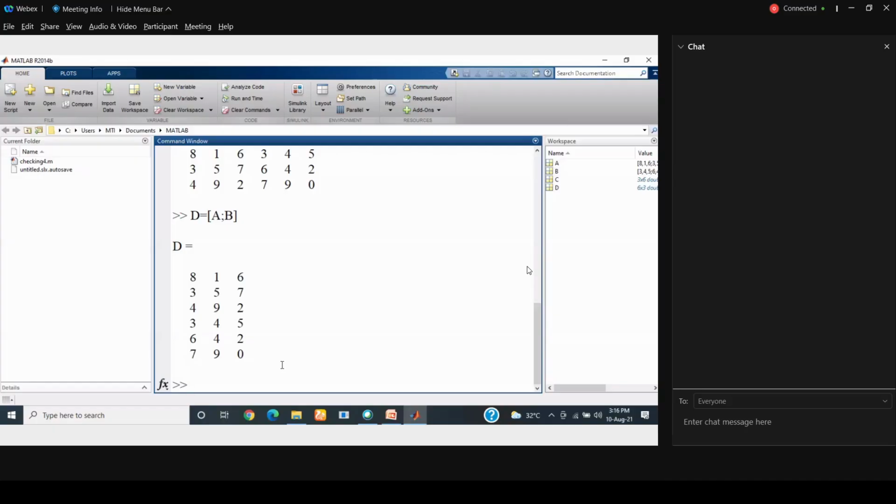So once we formulate our matrix, we can perform all the arithmetic operations on matrices, and also we can refer to any element of matrices. We can concatenate the matrices, and so forth.